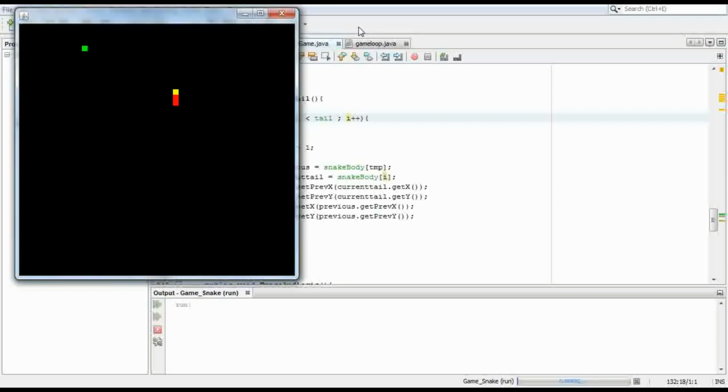Okay, so now when we eat the food, the snake grows, which is cool. So let's now, okay, so I see this is not typical snake game behavior. We're not supposed to be going left and right across the tail. This is foul, and we'll need to